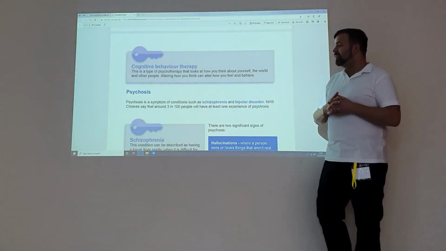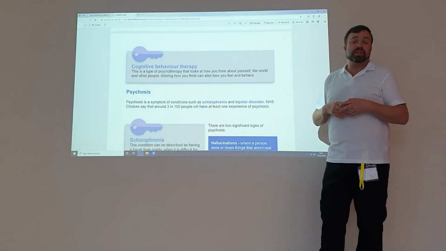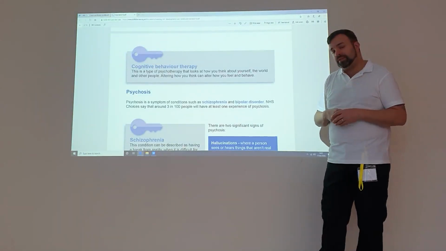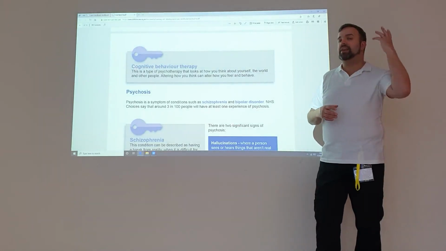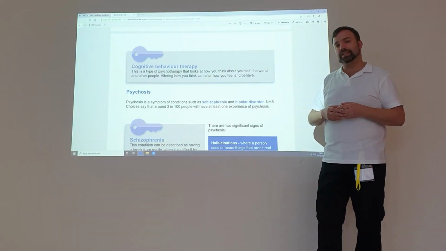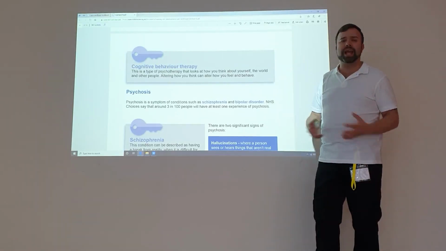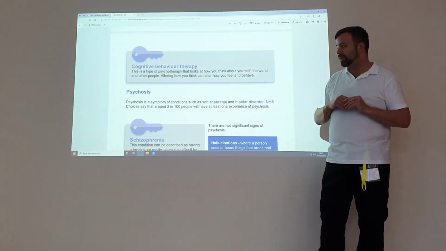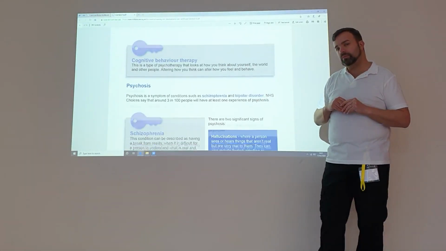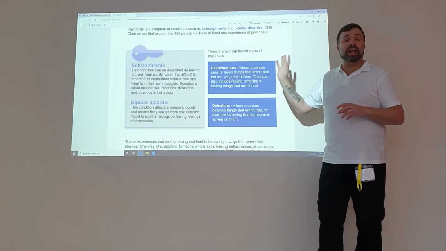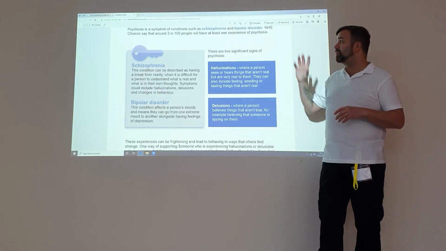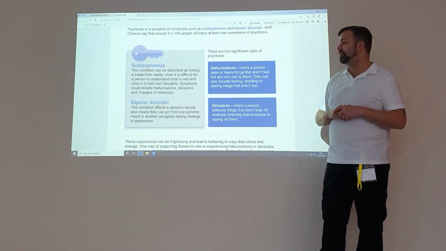Psychosis is a condition which creates an altered perception of somebody's reality or world. So in other words, they may be hearing voices, they may be seeing things. It may cause extreme behaviours, such as the bipolar as listed here. The NHS suggests that 3 out of every 100 people will suffer with extreme conditions such as schizophrenia or bipolar.